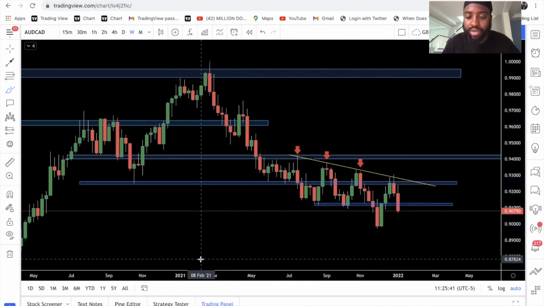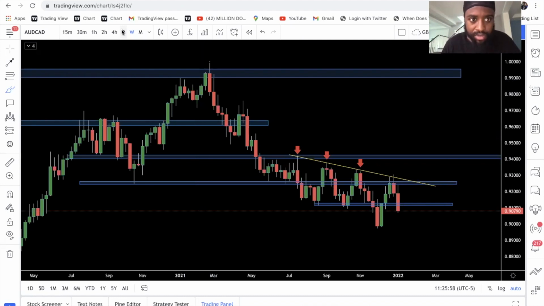But how was I able to spot it and say, you know what, I could take this with just about 100% confidence? Now, we know nothing's 100%, but I like to take trades having 100% confidence in taking that trade, without any fear or any emotion or anything like that. So if we go down to the daily chart,